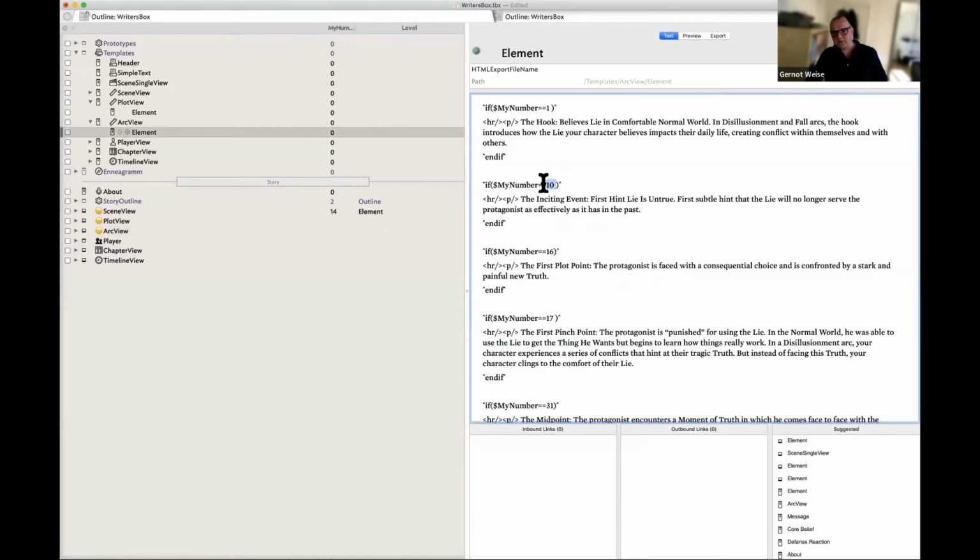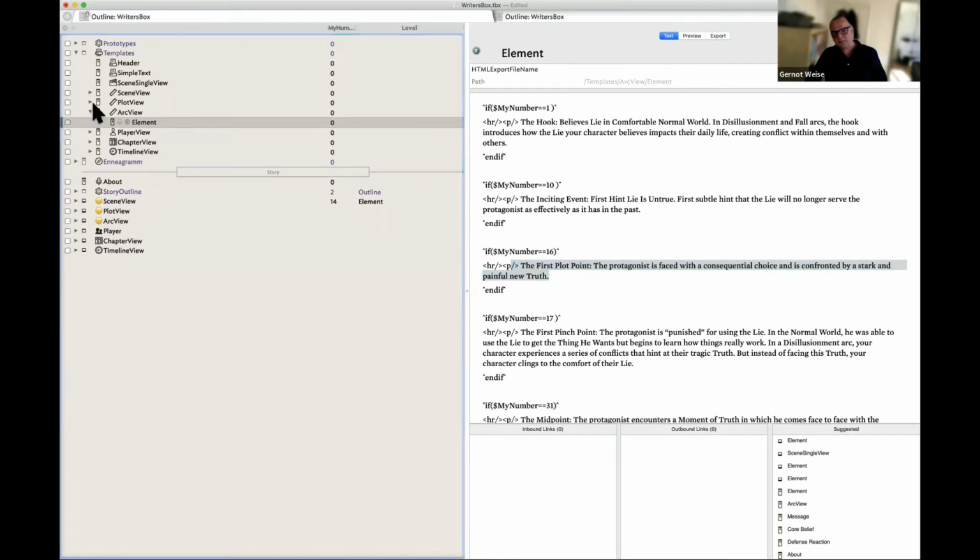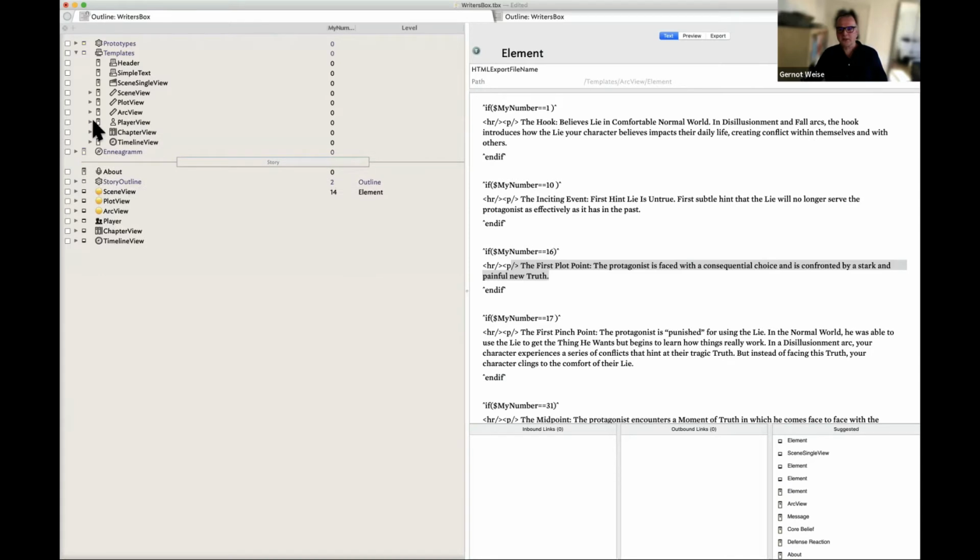So I ask here for the numbers. If the scene number is equal or greater or less than 17, for example, then this scene belongs to the first plot point. Which is basically a little bit different than the scene in the plot view, but can also be very powerful to get more information or an overview of the story flow or the story structure behind your story.